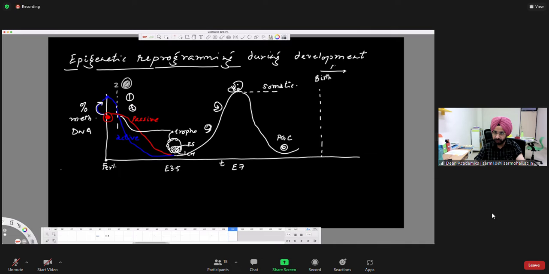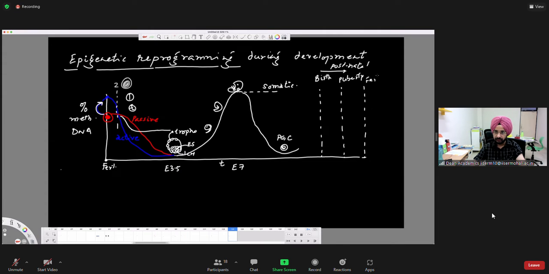Which means that right now what you see here is the embryonic development. Okay? So you will have postnatal development after this. And then during the postnatal development, you will have another stage, important stage, which is your puberty. Then you have fertilization again, back to zero, right?